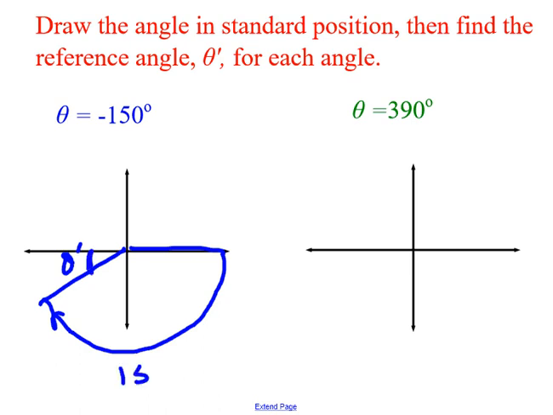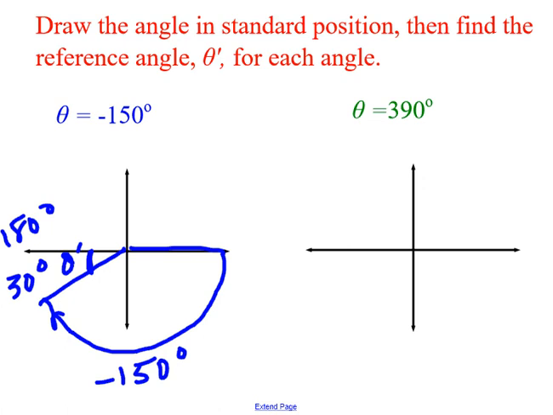Well, if this was going 150 and this would be going 180, what's left? Well, this must be that difference. So it's going to be 30 degrees is my reference angle. We could do this last one,